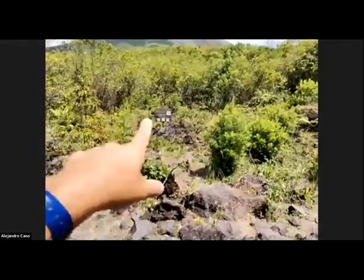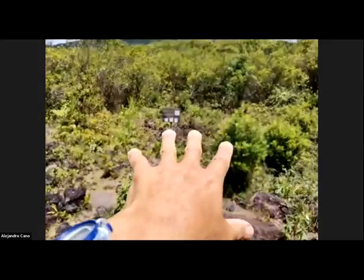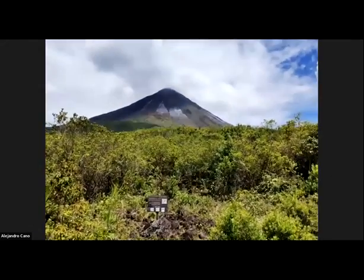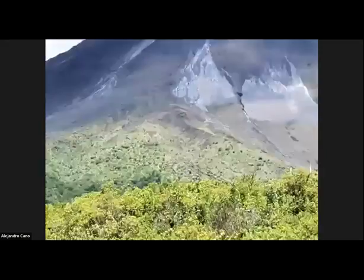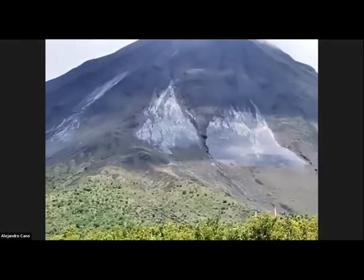all of that, let's say 10 years ago or more, it was only rocks, not even one plant, and now we have those. And there, right? Little by little. And you can see it on the volcano. You see how the green is conquering just the ash. You know, ash from a volcano has very little